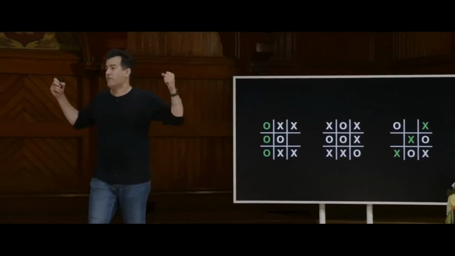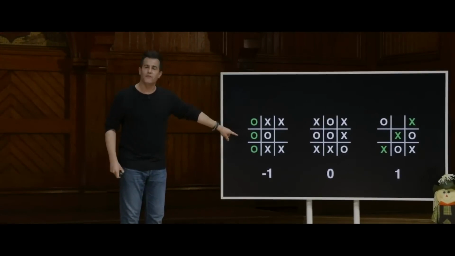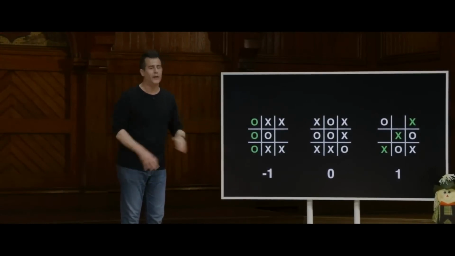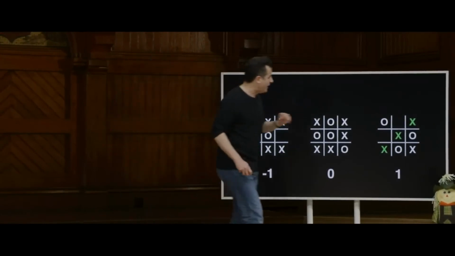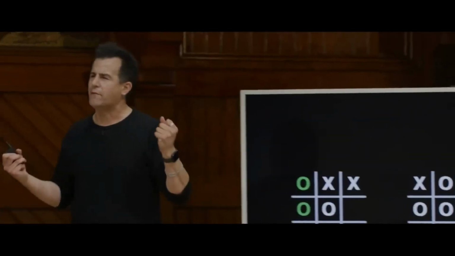But let's make tic-tac-toe even more boring than it might have always struck you as. Let's propose that this kind of configuration should have a score of -1. If O wins, it's a -1. If X wins, it's a +1. And if no one wins, we'll call it a 0. We need some way of talking about and reasoning about which of these outcomes is better than the other and what's simpler than 0, 1, and -1.